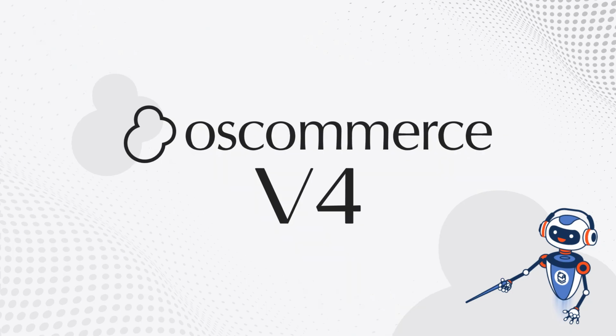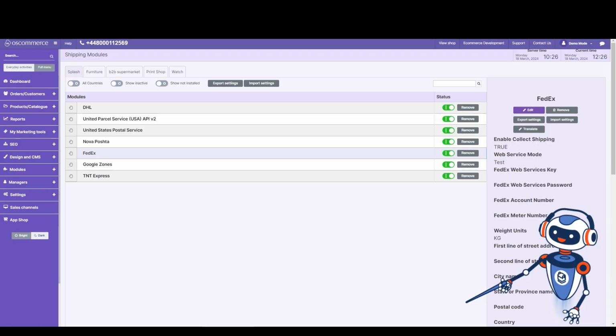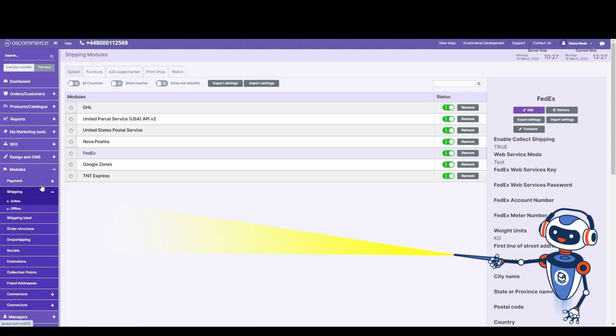In this video, we'll provide step-by-step instructions on how to seamlessly integrate your website with FedEx Shipping services and efficiently manage its various features. Begin by installing the FedEx Shipping module via the App Shop in your admin area. Once installed, move to the Modules, Shipping, and Online tabs, locate the module, and click the Edit button to access